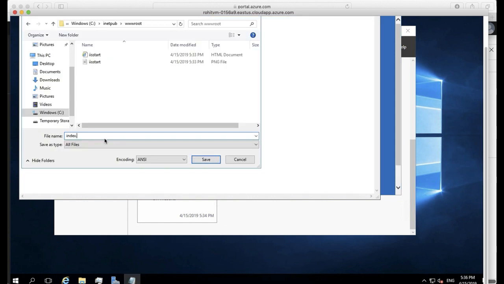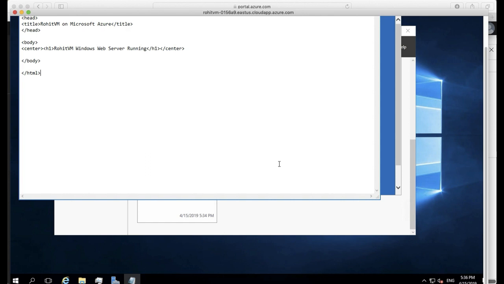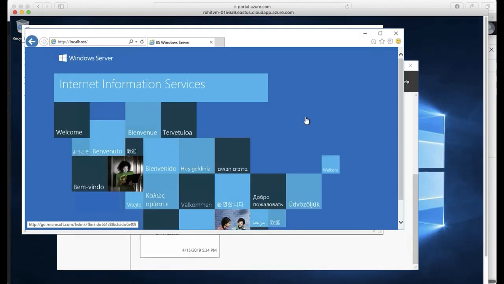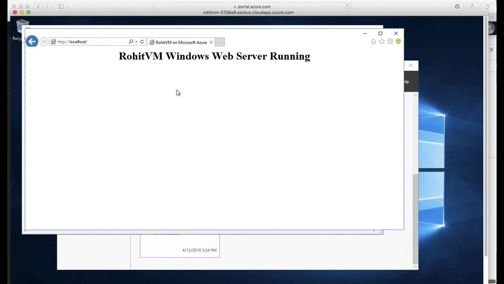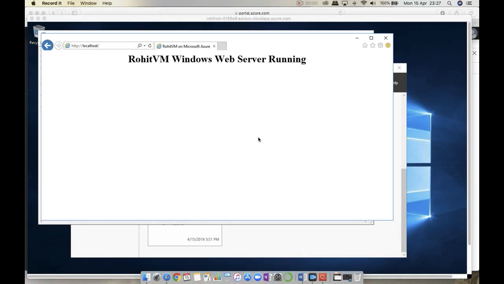Save this as index.html. Now let's try to refresh. Oh wow, so it has started reading the HTML content of index.html now. Yeah, so we just noticed that it works fine on our local web server, and let's see if it works